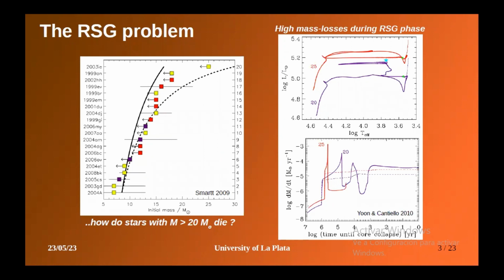And how is this translated? This translates into stars which lose a very large part of the hydrogen envelope. So they expose their inner layers and they appear hotter. They start evolving hotwards. These are the so-called post-red supergiants. So they evolve toward